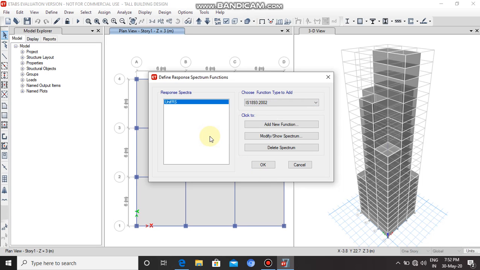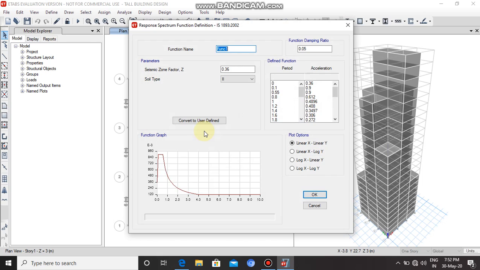Then click on add new function to create the response spectrum function. Now type response spectrum in the function name box. Response spectrum.